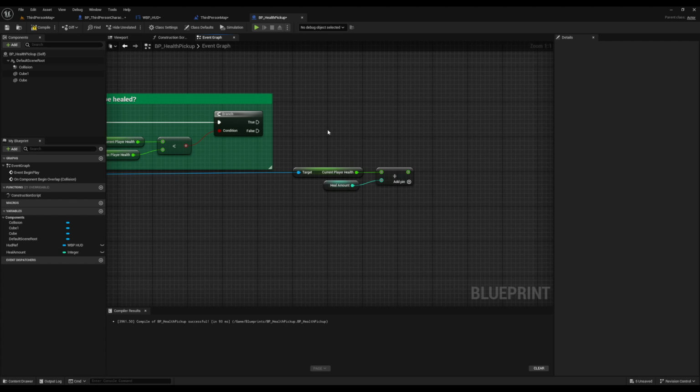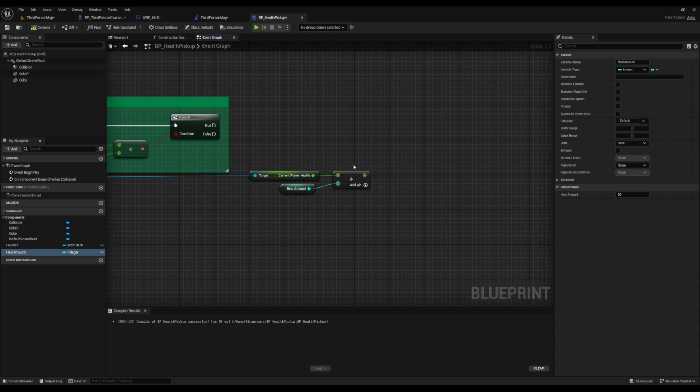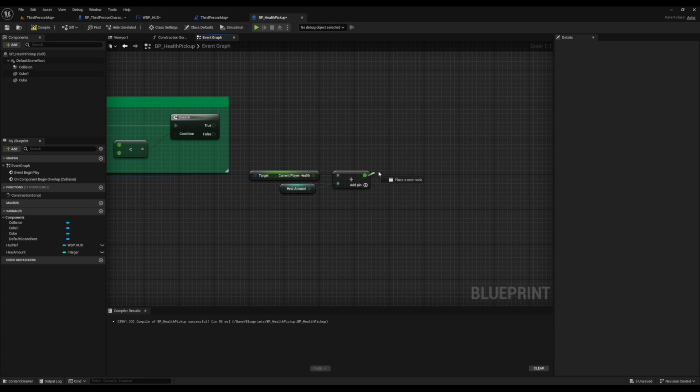Now, we're checking to see what the heal amount is. I want you to imagine that your health is at 90, and you pick up a health pack that, let's say, heals us for 30 health. We don't want our health to go above what our player's max health is. So we need to figure out if this new amount is more than